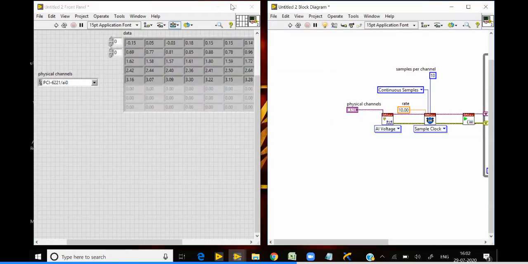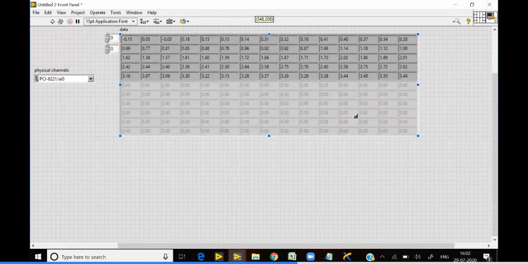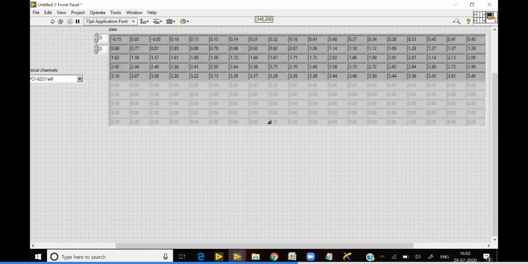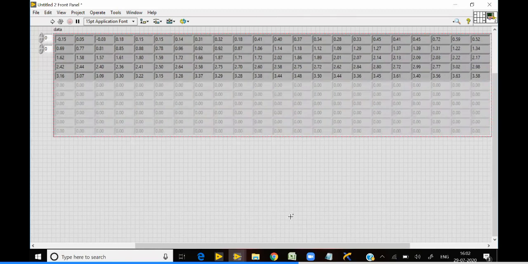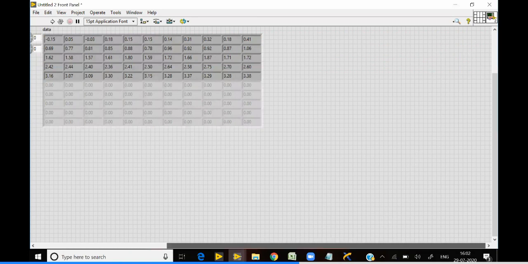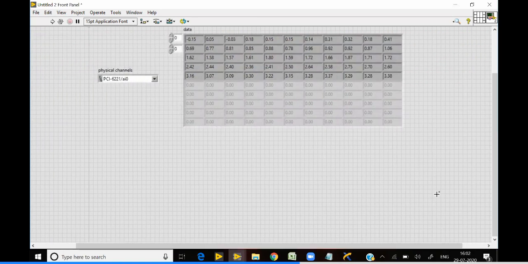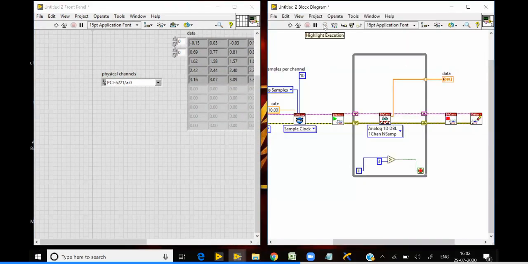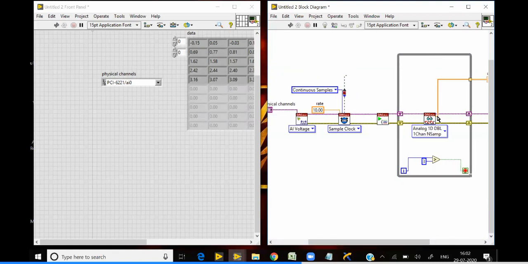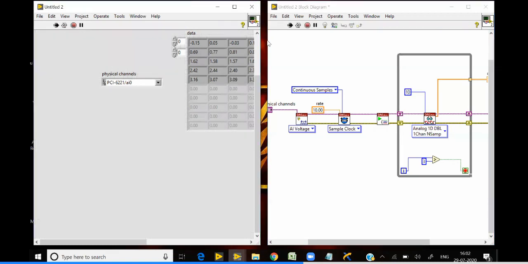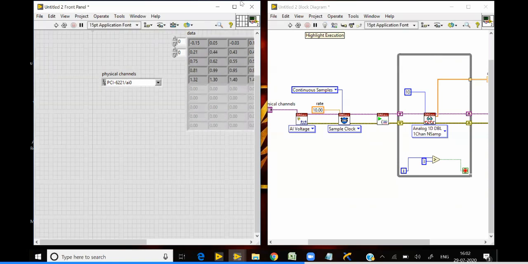Here I am getting 5 rows, and let's see how many columns. Okay, I'm getting 5 rows, 10 columns.